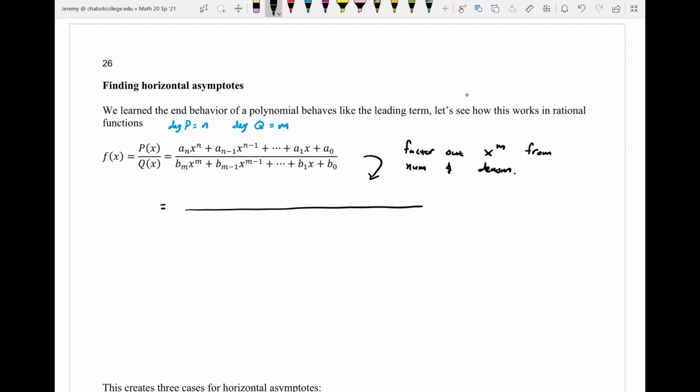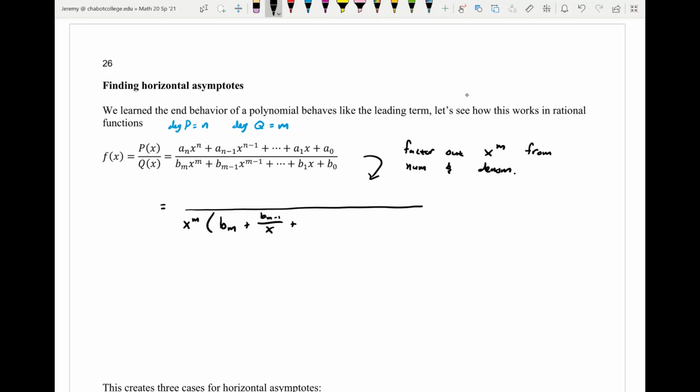So in the denominator, I'll factor out x to the m. And remember, on the inside of the parentheses now, I'm going to divide each of these terms by x to the m. So I'll just be left with b sub m, that's like the leading coefficient, plus b sub m minus 1 divided by x, right? Because x to the m minus 1 divided by x to the m, I would just have one factor of x in the denominator,